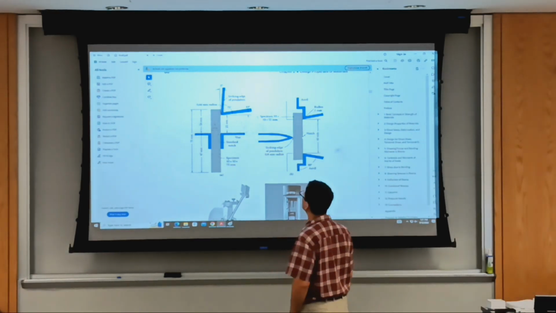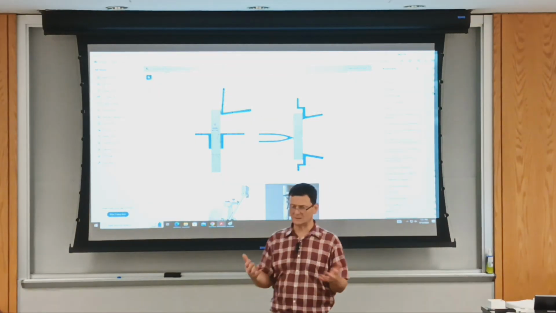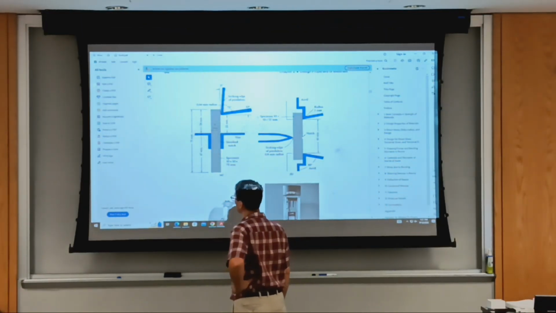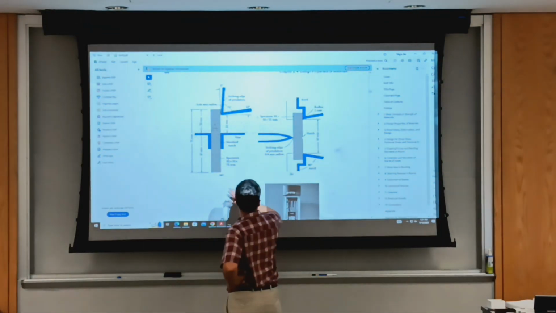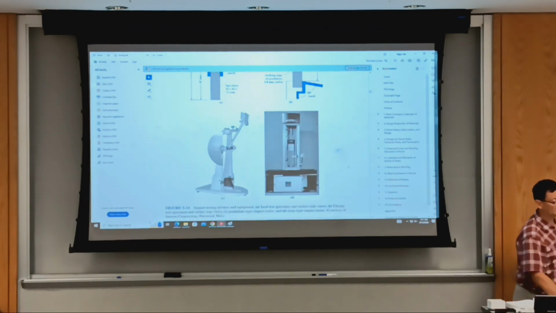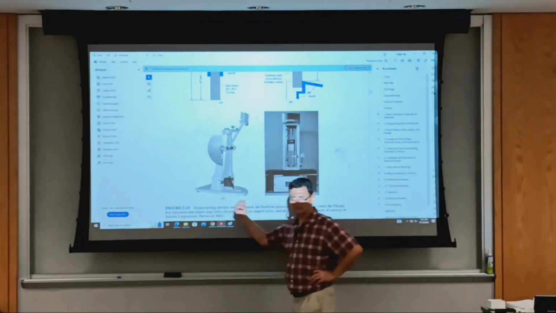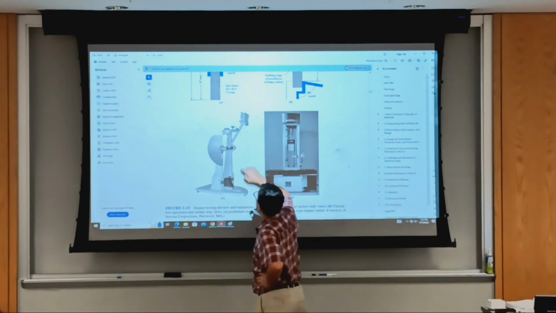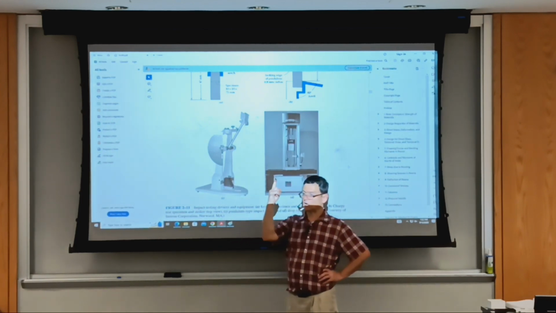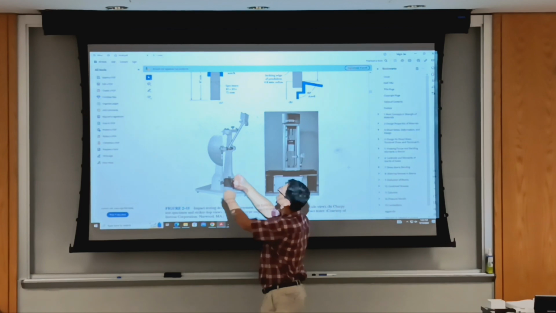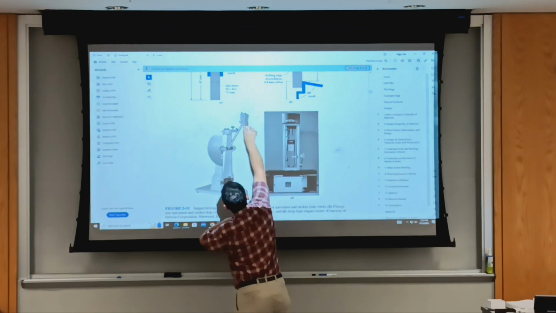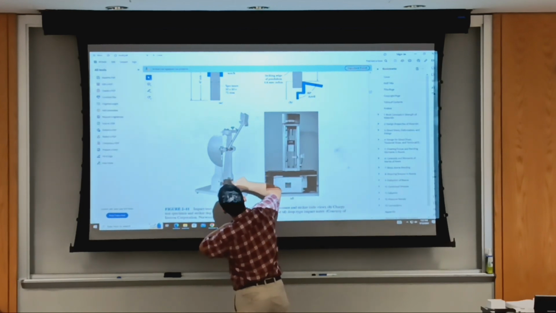So there are tests that can be done to make comparisons. There was a time when for the material science class, students were doing impact. There's an impact tester like this one, pendulum tester over in 118. Have you ever been to 118? You can go right at the end of class. So you lock it in place, and you put a specimen here, either cantilever with a notch or supported between two ends. And the pendulum, you release it, and it accelerates due to potential energy decrease, kinetic energy increase,